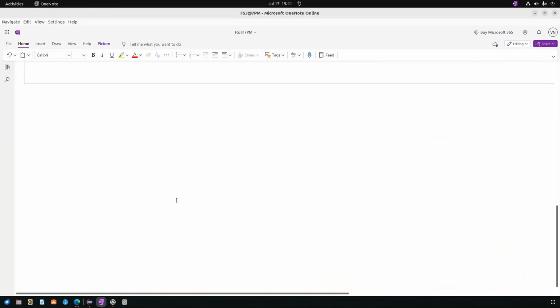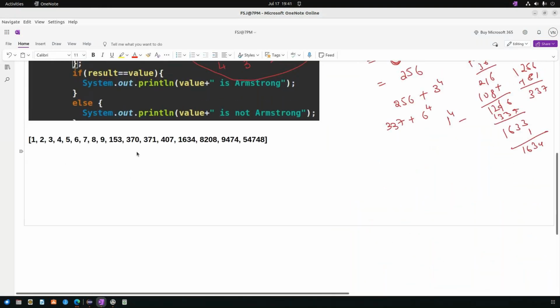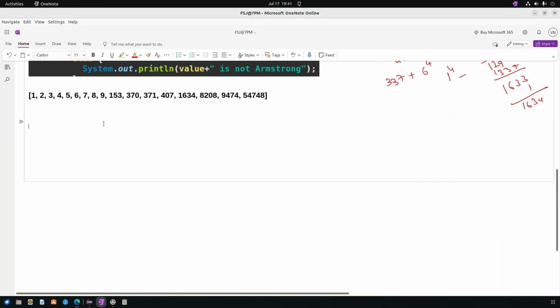Okay. Now we will go for the for loop. For loop in Java. So when we talk about for loop, what is for loop actually? For loop is a special kind of a while loop where the initialization,